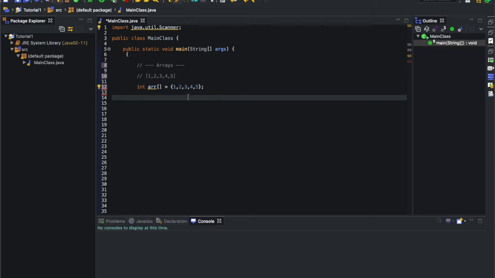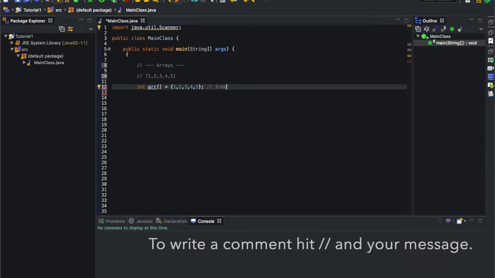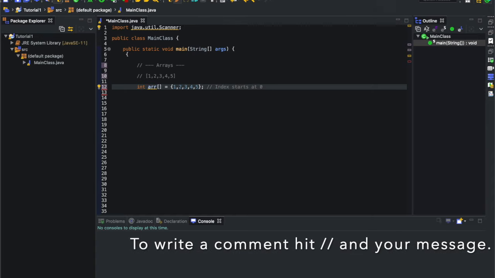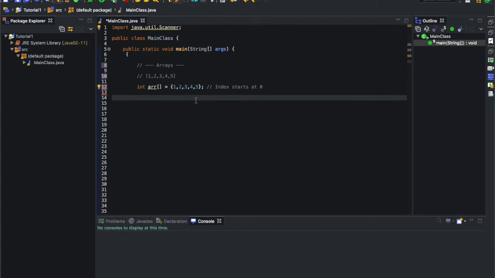Now what can we do with this array? We can now access the elements inside of the array. But you have to realize that when you're finding the position of a number or an item in the array, the very first position starts at 0, and this is known as the index value. So index starts at 0. And this is very important because intuitively we assume that the very first value is going to be at position 1. That's not true. In Java, this is position 0, this is position 1, 2,